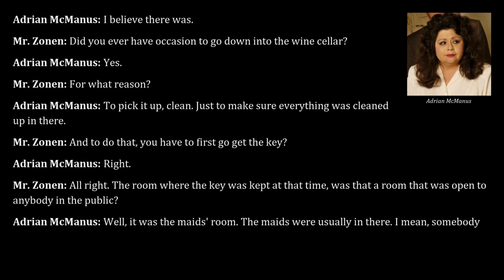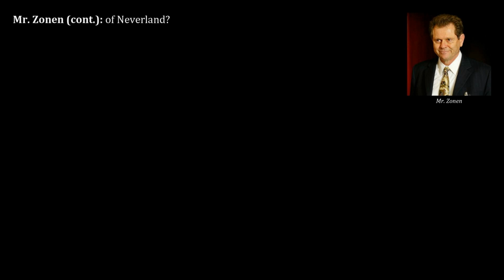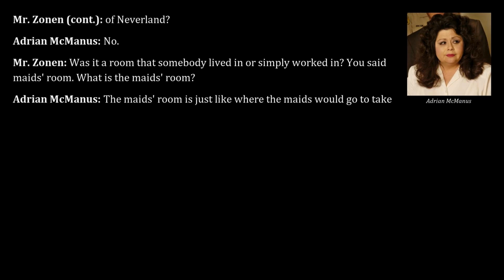I mean, somebody could walk in there. But it wasn't a room that was generally one of the rooms on tour when people took a tour of Neverland? No. Was it a room that somebody lived in or simply worked in? You said maid's room. What is the maid's room? The maid's room is just like where the maids would go to take a break. It had a restroom and...